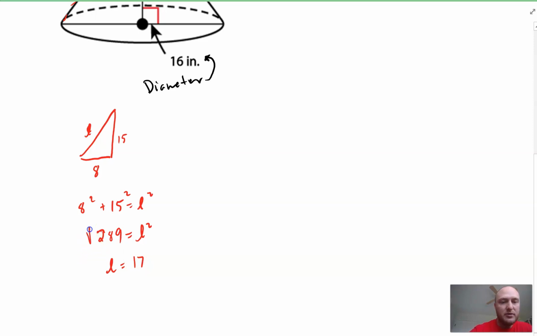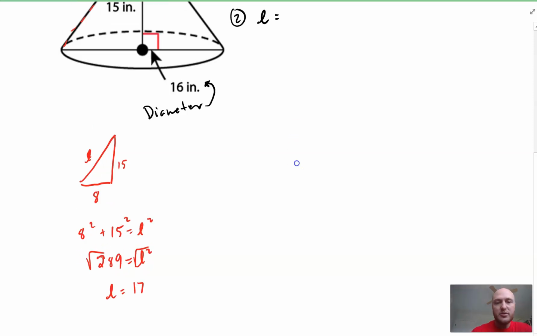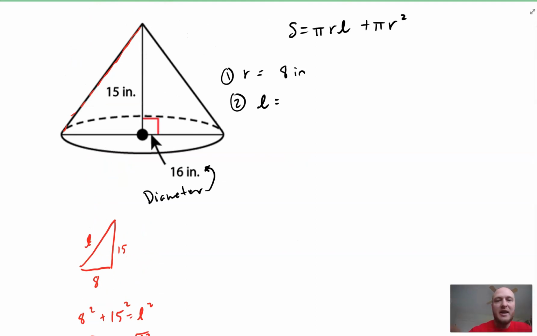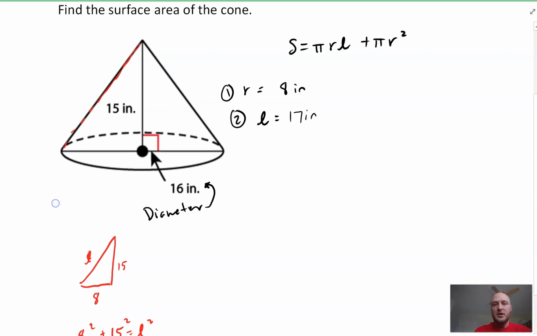If you're confused about what I'm doing here, I'm just taking the square root of both sides. So my lateral height is 17. Step 3, all we're going to do is plug these into our formula. S is equal to pi RL plus pi r squared. So I plug this in: pi times the radius, 8 inches, times the lateral height, which is 17 inches,